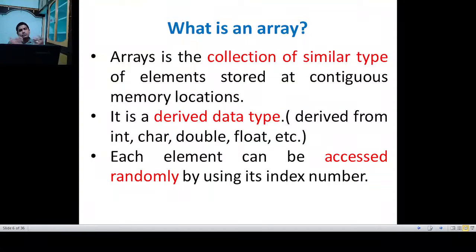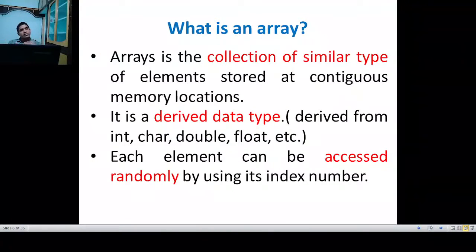So what is the advantage of using an array? Whenever you are going to use a number of variables in your program, suppose you want to store marks of 100 subjects, right? In that case, you can either declare 100 variables.